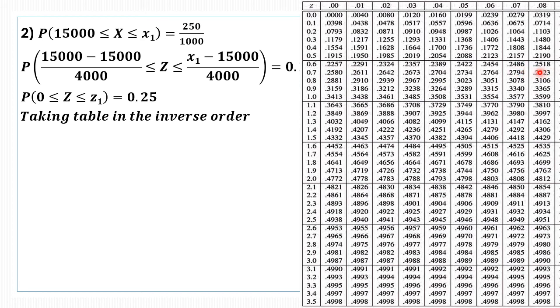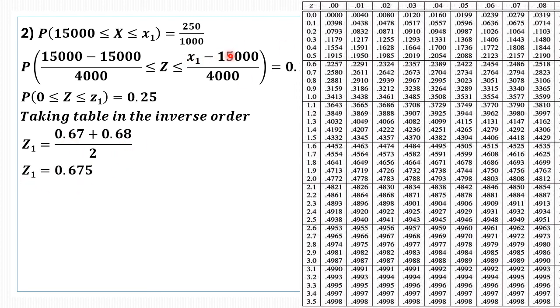Now both of them are almost equally far away from our exact value 25. So we will take an average of both these values, 0.67 and 0.68. As you can see, x1 is on the positive side of the curve, so z1 will be positive. The average of these two values is z = 0.675.